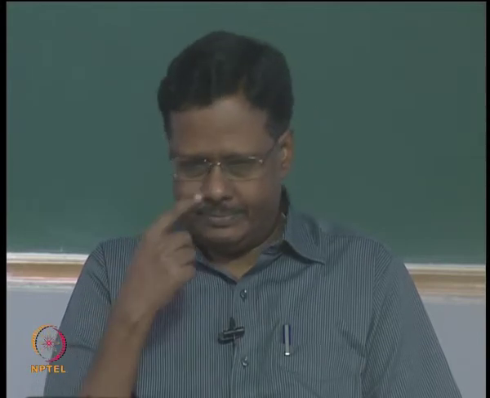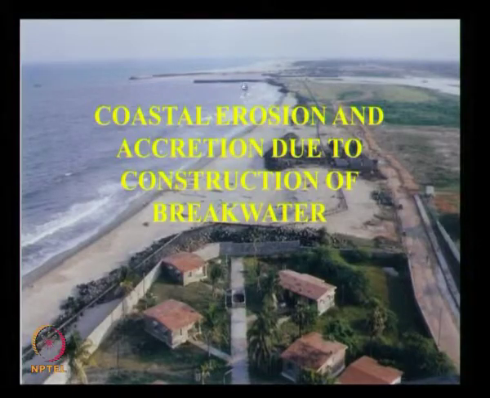you have accretion on the southern side of the south breakwater and erosion on the northern side of the north breakwater, but you are not seeing all these things here in this slide because we have done what is known as artificial nourishment. This we will explain as one of the methods for environmental management. Generally when you build a breakwater like this into the sea, it obstructs the flow of sediments